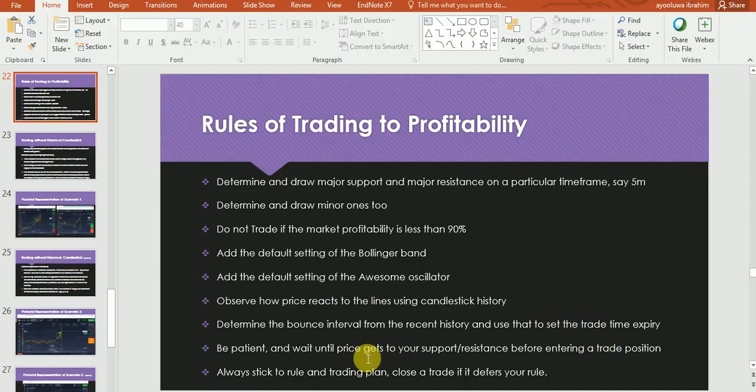Be patient. Please wait until price gets to your support and resistance before entering a trend position. Stick to the rules and trading plan. Close a trade if it differs from your rule. Go through this slide once again. Practice based on what I've told you, and I'm sure by the end of a week or 2 weeks trading session,